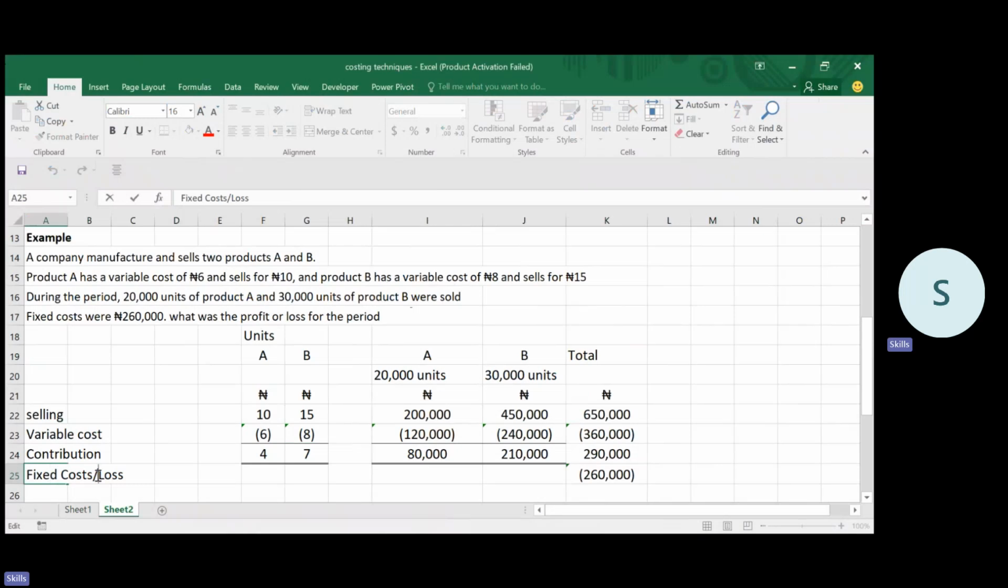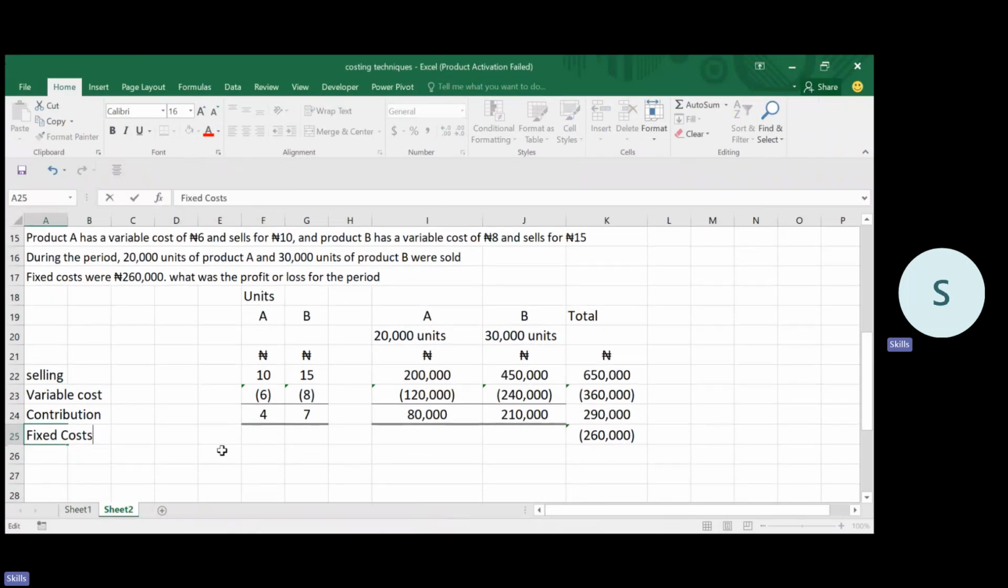This is a fixed cost. So the next thing to determine now, what we'll be getting now will either be profit or loss. Profit or loss. So now we have